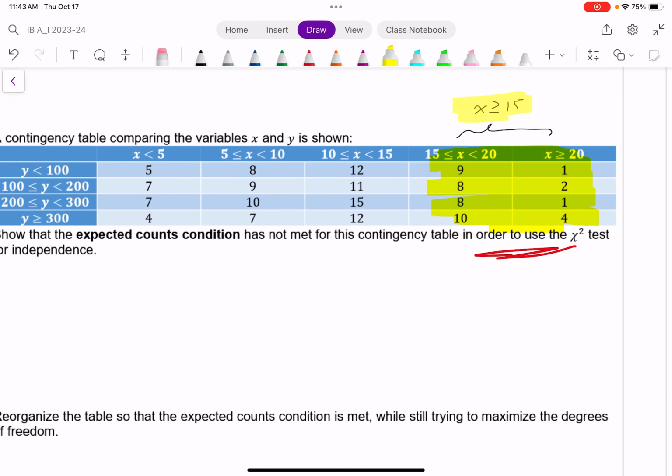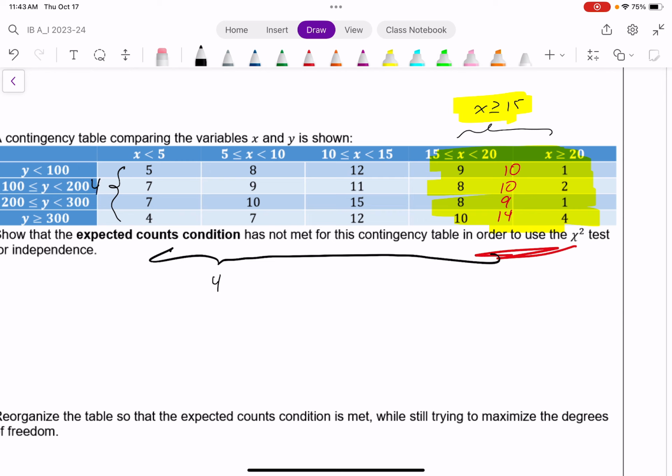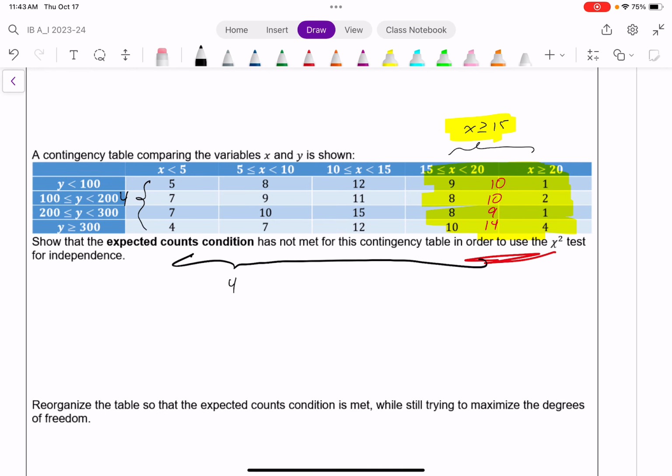But here, I would have, instead of 5 columns, 4 columns. And the final column would be everything greater than or equal to 15. I'd have 10 here, I'd have 9 here, and have 14 here, just merging those two together. And in doing so, I'd have a table that has 4 columns and 4 rows, which means without even having to perform my chi-squared independence test, I know there's going to be 9 degrees of